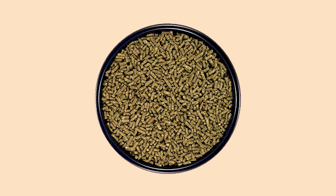So what kind of pellets are you looking for? Well, you really want a very wholesome pellet for your rabbit. There's a ton of pellets out there that have like fruits and grains and stuff in them, and you do not want that. For an adult rabbit, you are looking for,